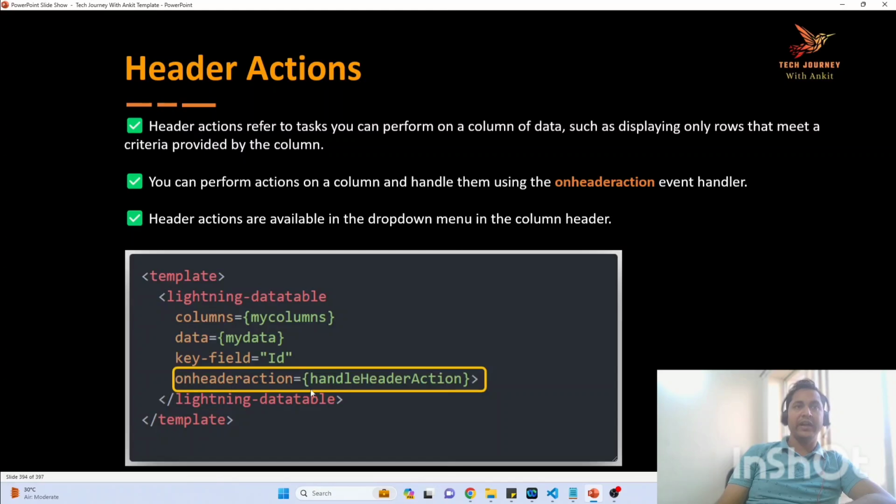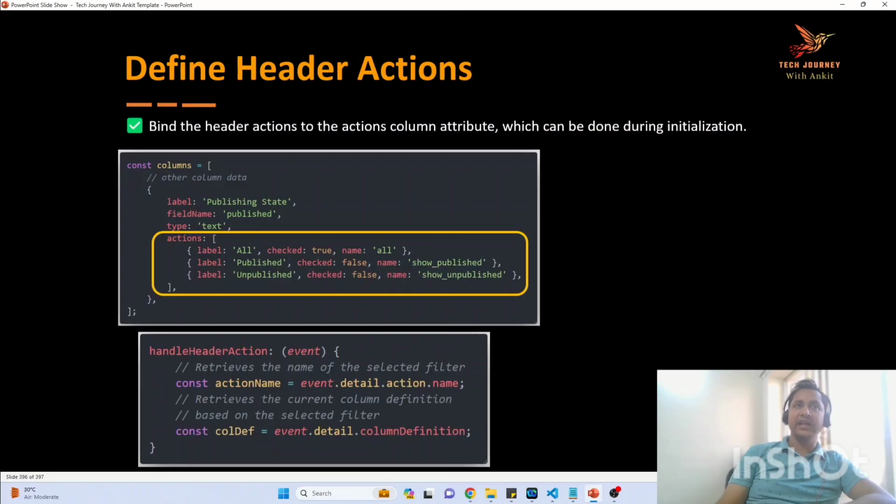Now, here on the on header action, we are executing the method handle header action. Now, as soon as you invoke this handle header action, how can you access the action details? If you want to retrieve the name of the selected filter, for example, here in the drop down we are getting multiple values. Now, which value has the user selected, whether all or published or unpublished, because accordingly you have to filter your data. For example, if the user is selecting the published value, then you have to select all the records which have this published value. So for that you need the name of the action that the user has selected, and you can access that by using